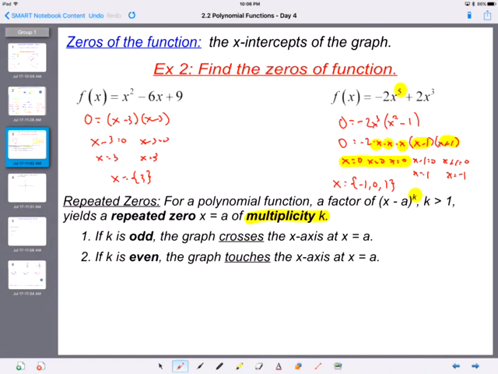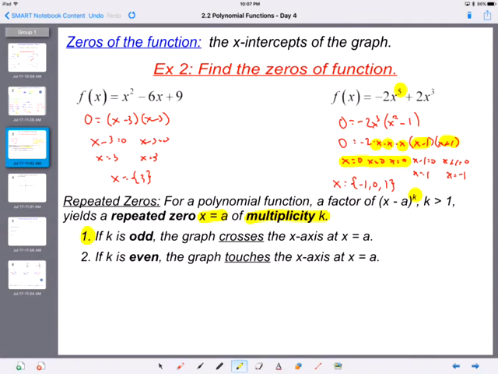So this factor, x minus a, yields an answer of x equals a, but it happens multiple times. So like on the example up here where x equals 0 happens 3 times, the multiplicity is 3 because it occurs 3 times. So what we want to look at is the graphs of each of these. So there's 2 possibilities. The first one,